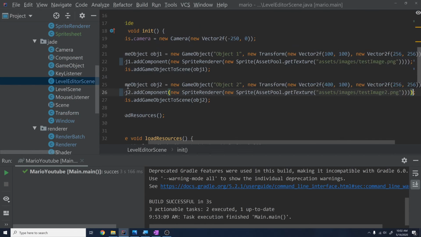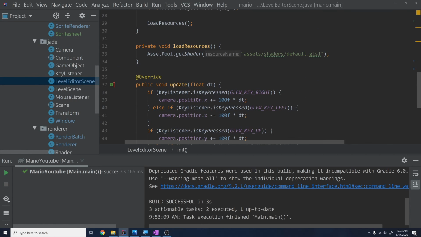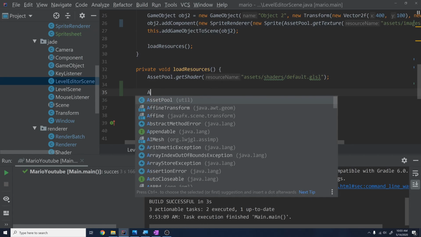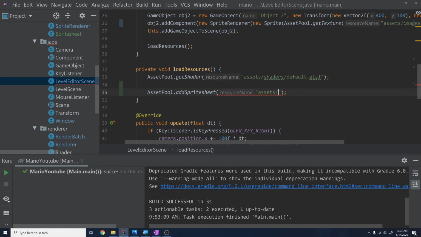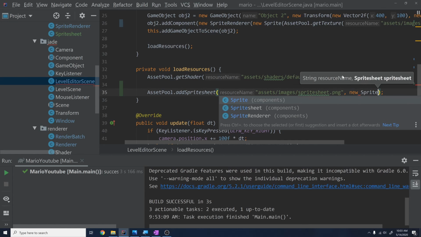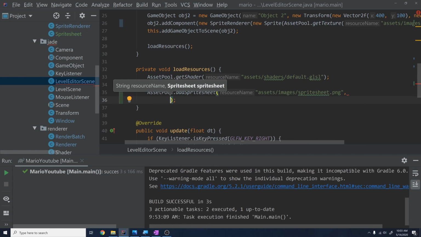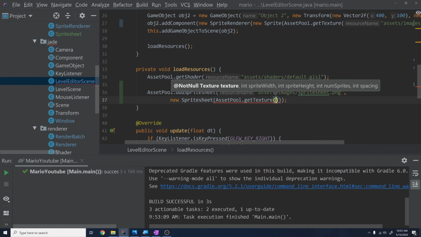So let's go back into our level editor scene. When we are loading resources, we will say AssetPool.addSpriteSheet, and I'm going to call this assets/images/spritesheet.png. I have that image located in my images folder now. Then I'm going to say this is a new SpriteSheet, and this takes in the texture. So that's AssetPool.getTexture,